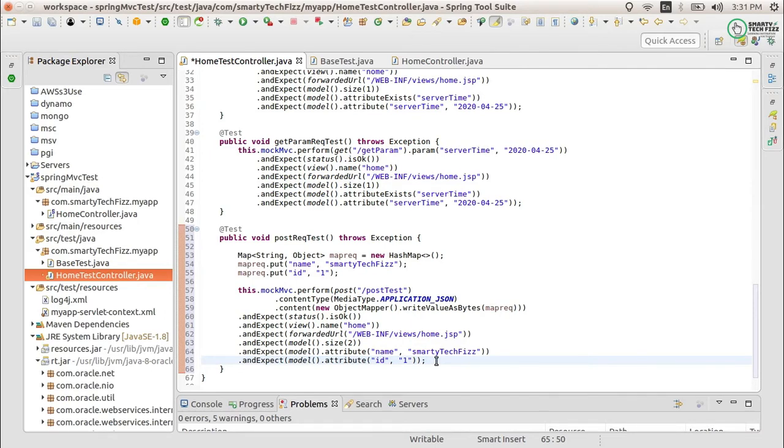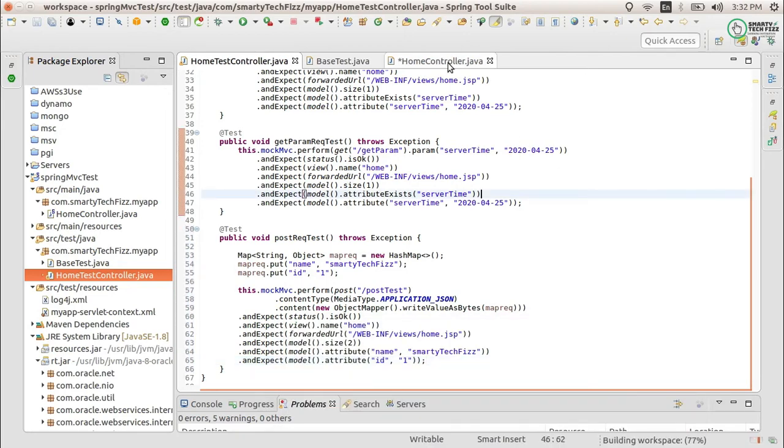I am just doing the part for the views and models only. In the next part we will be testing that your controllers may be returning the response body. Either it will be a get request or post request, it may return a response body, so we will be testing it in the next part. This is just for the models and views only. So let's continue with the next part; I will be posting it soon. We are defining all the values which we are expecting, and let's save it.